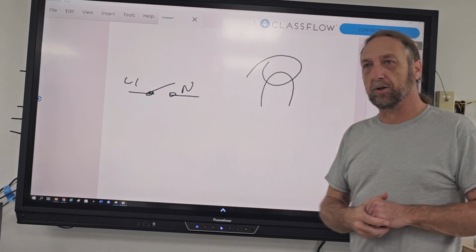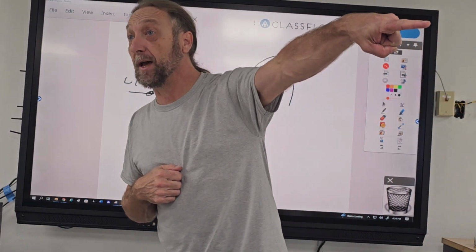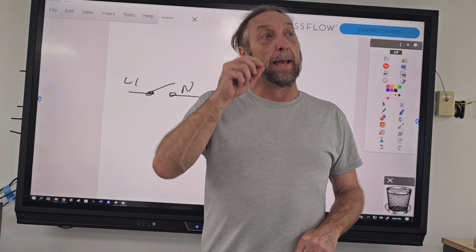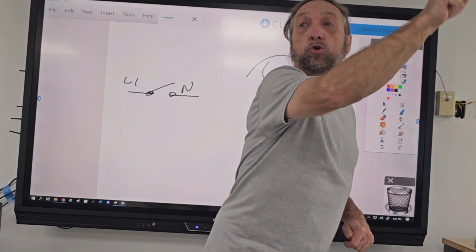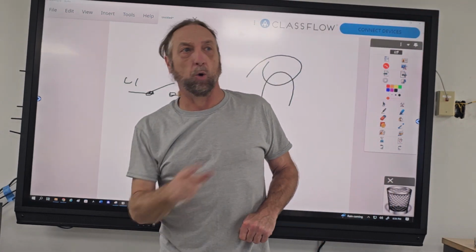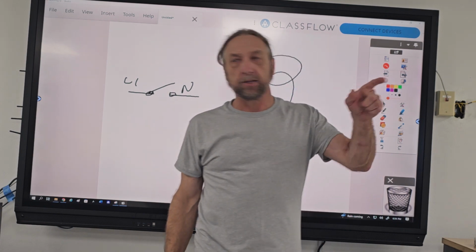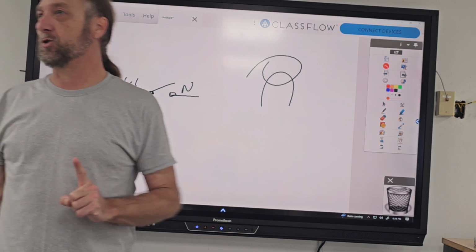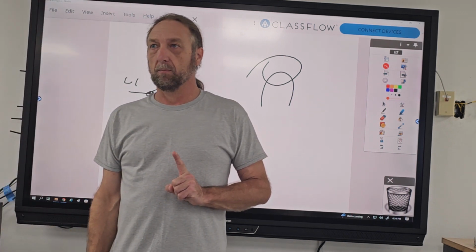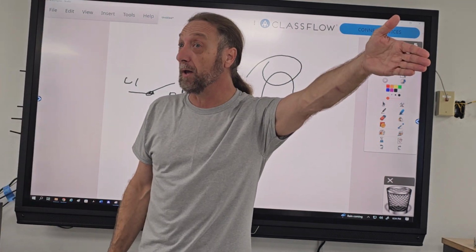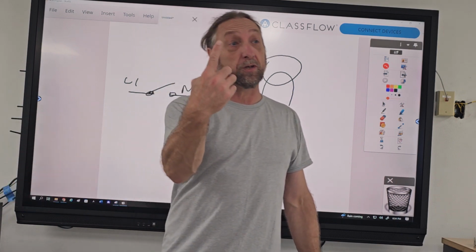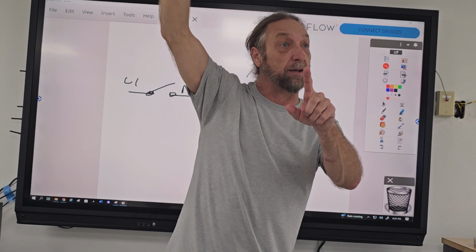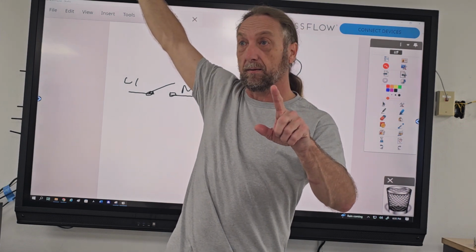Okay, so here's my question. In that box where that switch was, the light switch on the wall, is there line one and neutral going to that switch? Yes. No. Light switches on your wall only break one side of the electrical circuit. You don't have line one and neutral at that one switch. You have line one going to the switch, but on the other side of the switch, if you close it, it takes the line one to the light,